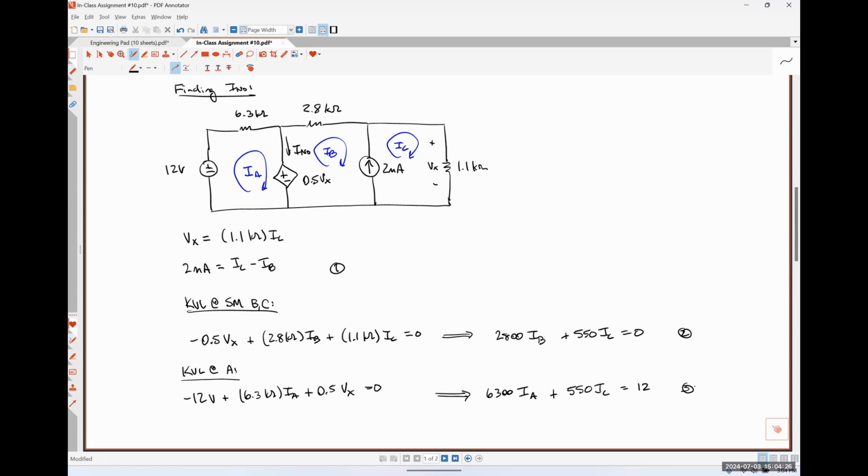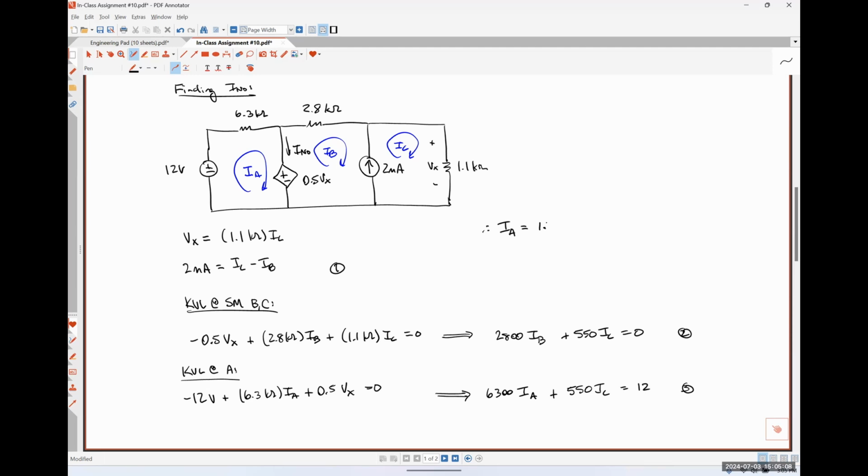So in my first equation, my coefficient for IA is 0. My coefficient for IB is negative 1. My coefficient for IC is positive 1. My constant term is 0.002. In my second equation, my coefficient for IA is 0. My coefficient for IB is 2800. My coefficient for IC is 550. And my constant term is 0. And in my third equation, my coefficient for IA is 6300. My coefficient for IB is 0. My coefficient for IC is 550. Constant term is 12. Solving this, we get